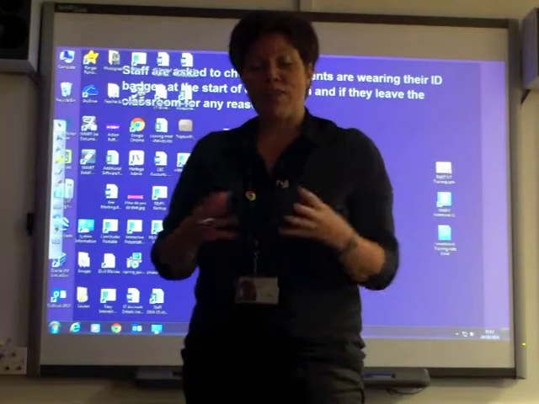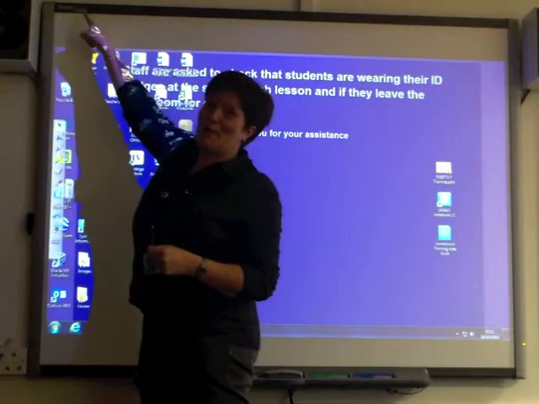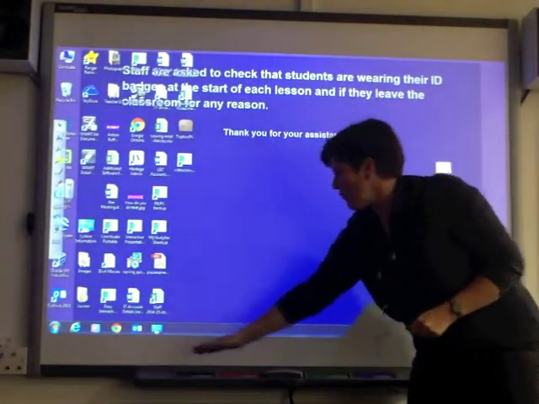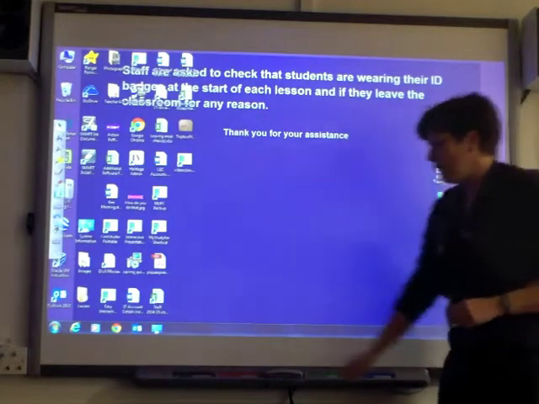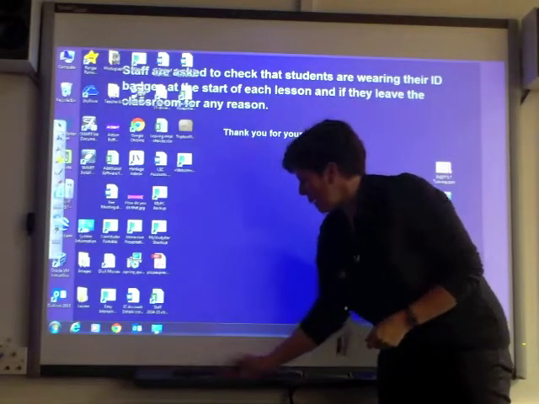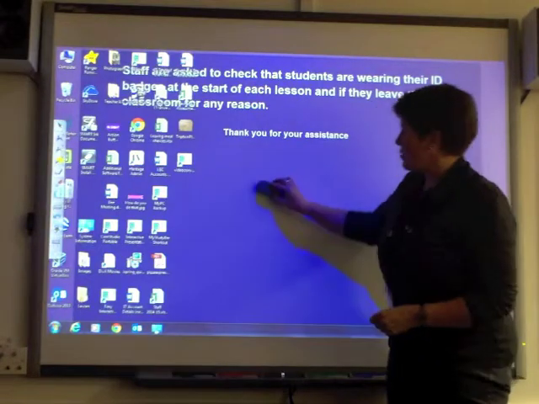Now you'll know that you have a SMARTboard in your classroom because in the top left hand corner it will say SMARTboard, big clue, and also SMARTboards along the front have a tool tray, and in the tool tray you'll find 4 digital pens. There's black, red, green and blue. There's also an eraser,